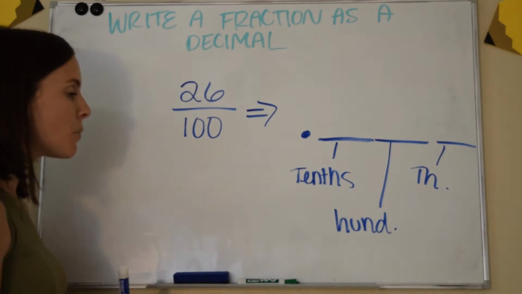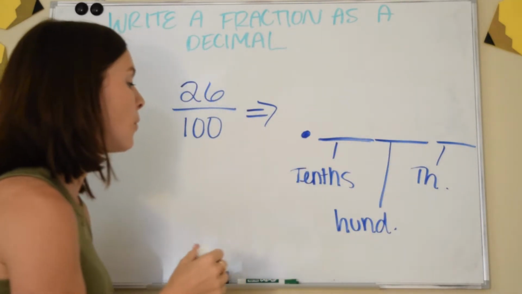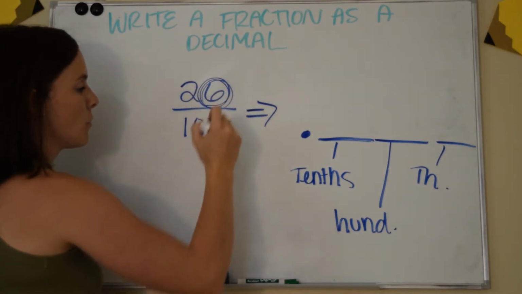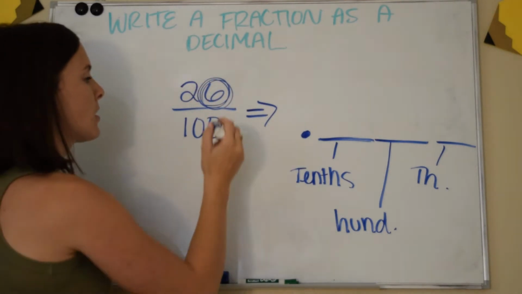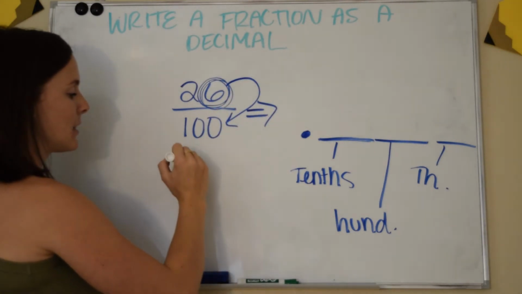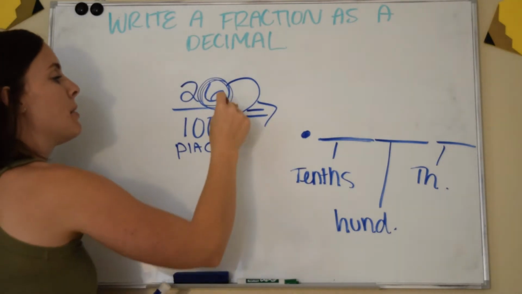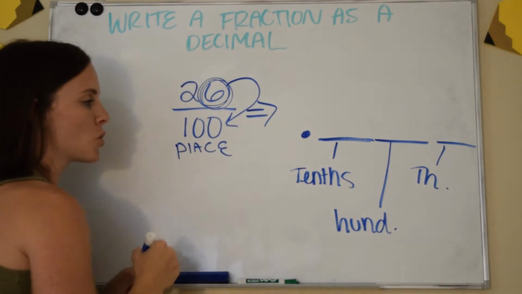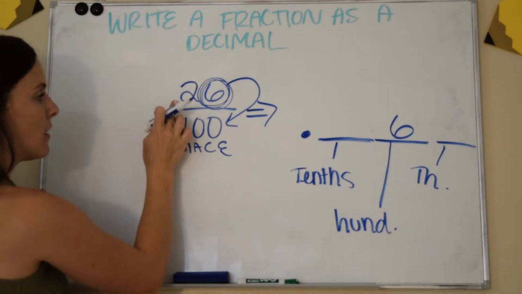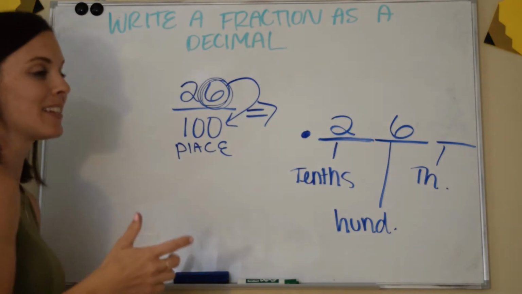Whenever you're working with numbers in the thousandths, tenths, hundredths after the decimal, what you're going to do is take the very last digit, which happens to be a 6 on top, and that is the digit that lands in the place that's identified at the bottom of the fraction. So this tells me a 6 must be in the hundredths place, and then whatever surrounds it in front of it, it just happens to be a 2, will go right next to it, which lands in the tenths,